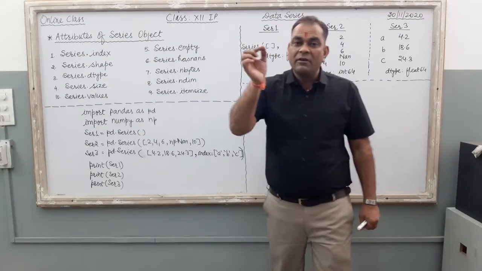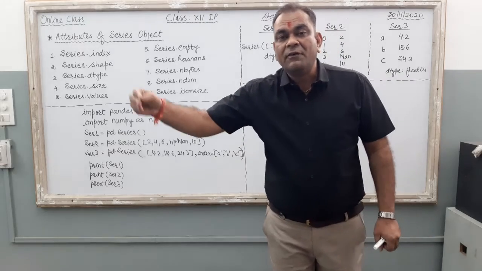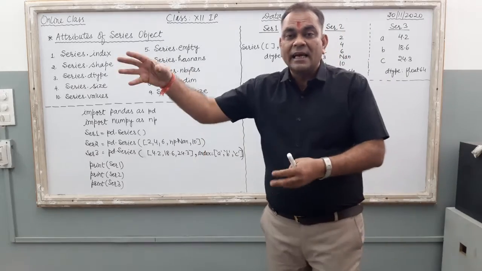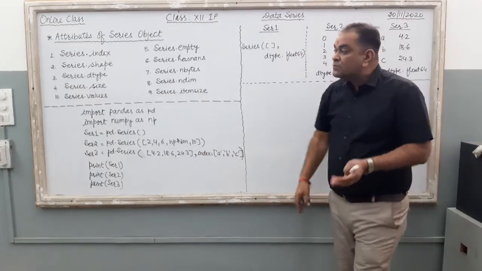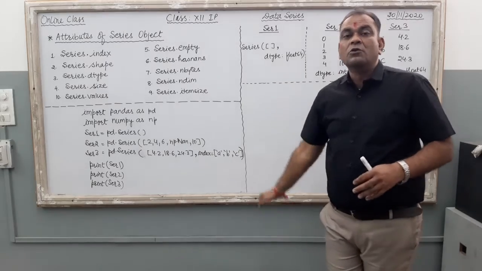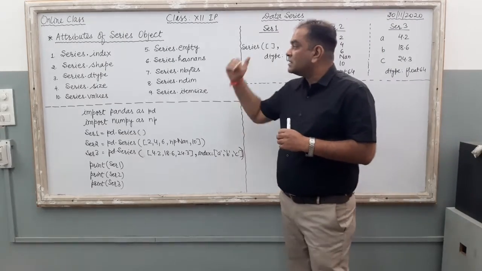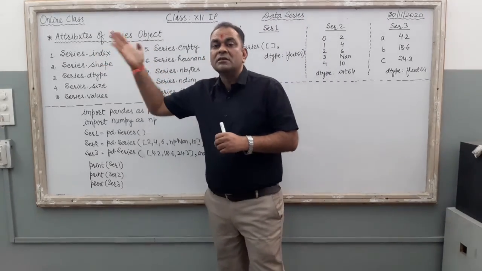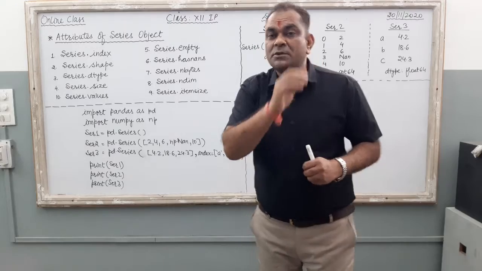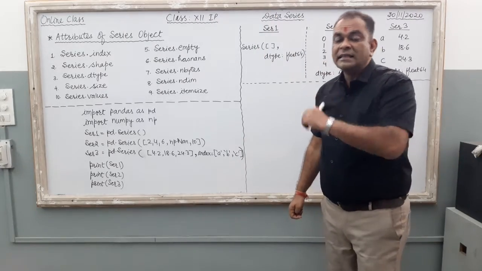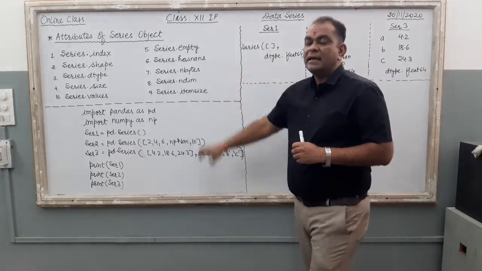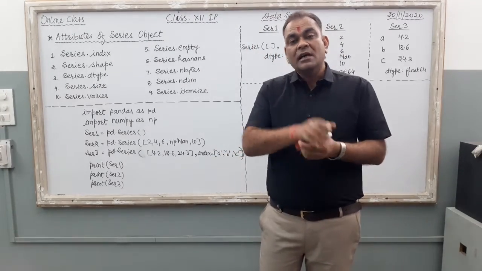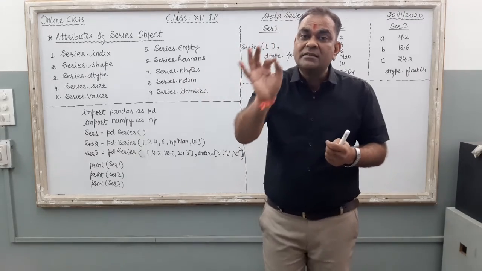You have created the series with different aspects. You create the series by using list, then array, then dictionary, then scalar value, then ndarray also. So once you know how to create a series, the second topic related to the series is the different attributes that are related with the series object, right? What are these different attributes? If you count, there are 10 different series attributes that we can use with the series